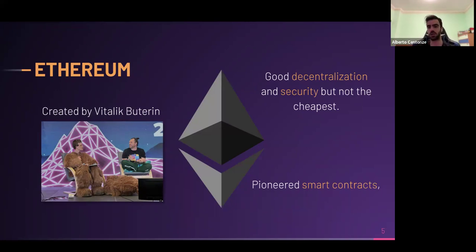You cannot say only if this condition is met, give some money to this person, for example, and you cannot create lending systems. You cannot exchange multiple currencies, which is totally possible in Ethereum. This is why it was the very first one to adopt this, and this is why Solidity is so important right now, because it's the most widely used language. And we're also going to see why.